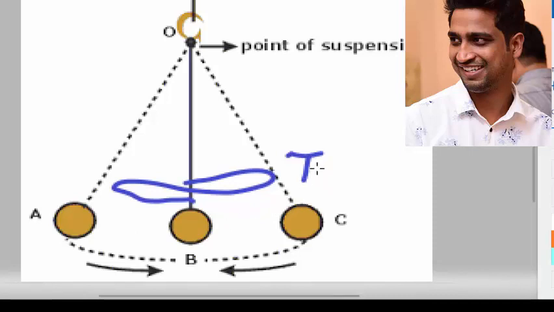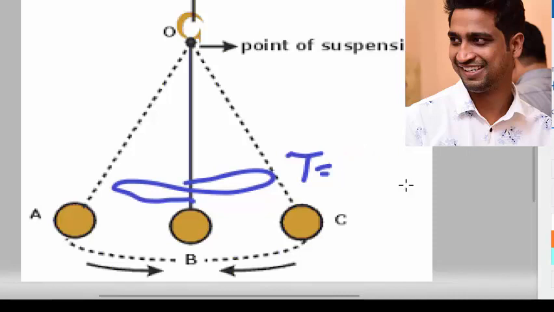And what is frequency? Frequency is just opposite of time period. So we can say T is equal to 1 upon F, or 1 upon frequency. So what is frequency? Frequency is number of vibrations or number of oscillations in 1 second is called as frequency of the simple pendulum. And this is the relationship between time period and frequency. Okay, that T is equal to 1 upon F. This is very important to be noted down.